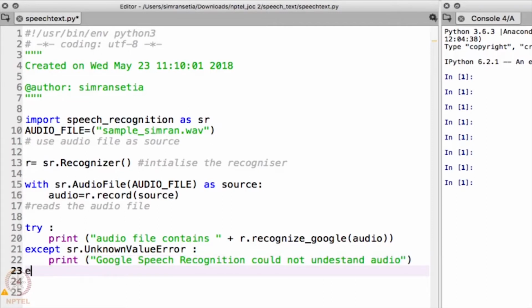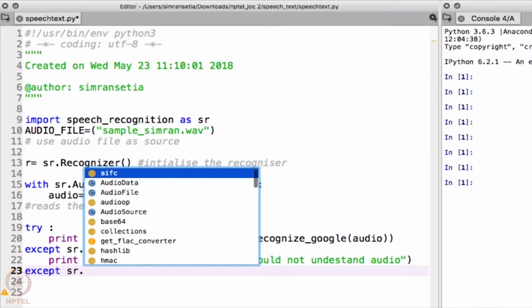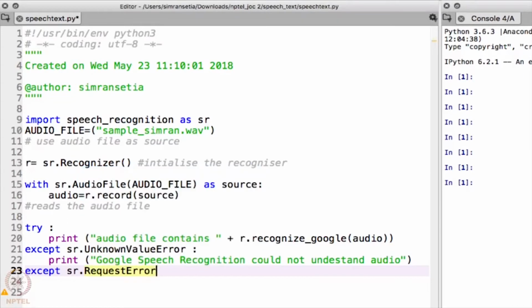You also have to write another exception, that is except sr.RequestError. This will occur if we are not able to get the results from Google speech recognition.